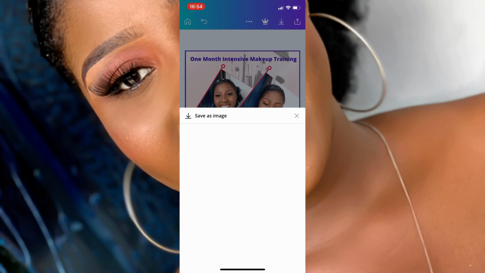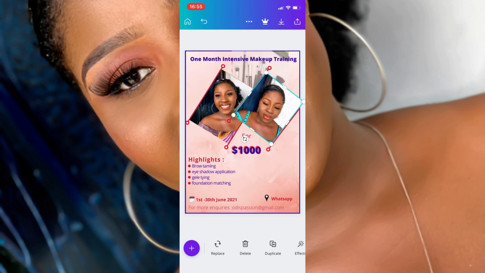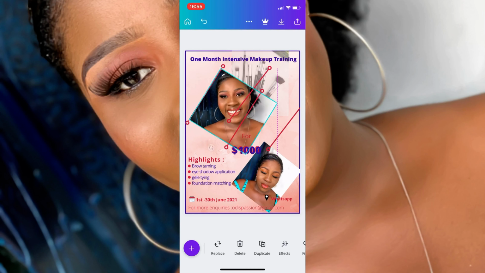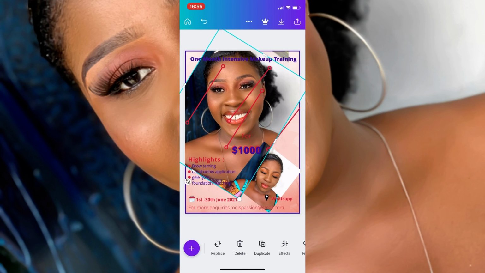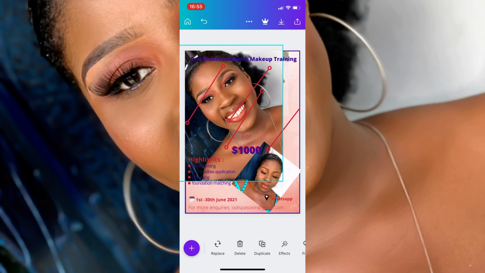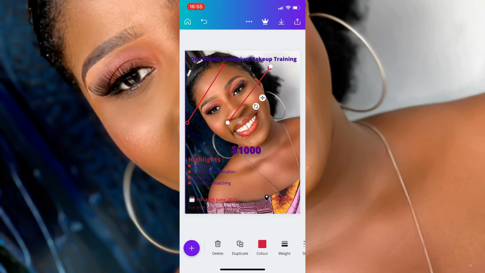I'm also going to show you how I got the flyer that you saw before you clicked on this video, how you can use just one image to make a very perfect flyer background. So I'm going to delete every other thing. I'll resize this particular image and make it bigger, and it's going to serve as the background for this flyer right now. I'll delete everything I put there initially, the lines and the other picture, and